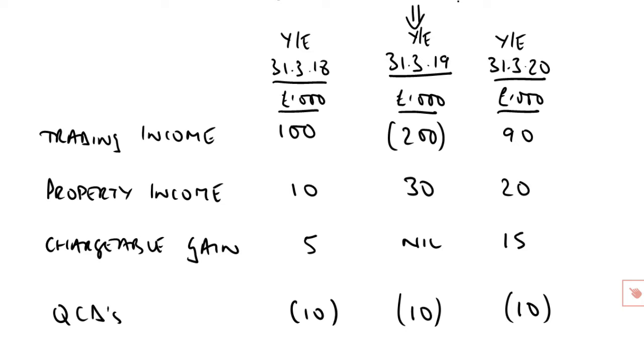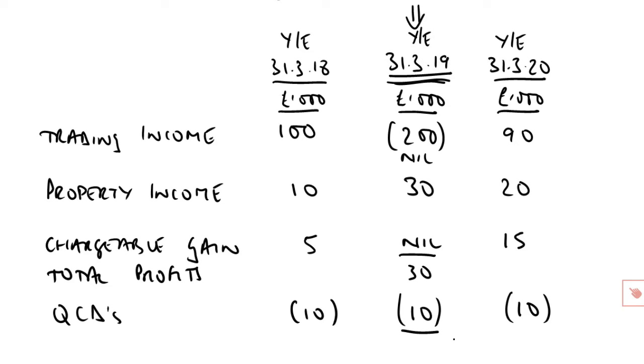What you'd have identified on your answer page would be a subtotal of total profits. What you'd also know is that for this loss-making period, the year ended March 19, the assessment would be nil. Therefore, you'd be looking at total profits of £30,000. Nil trading income, 30,000 property income, nil chargeable gain, total profits 30. If we made no such claim, then we deduct the donations of 10, and that would come down to a TTP